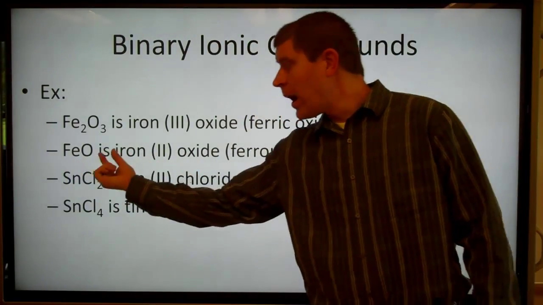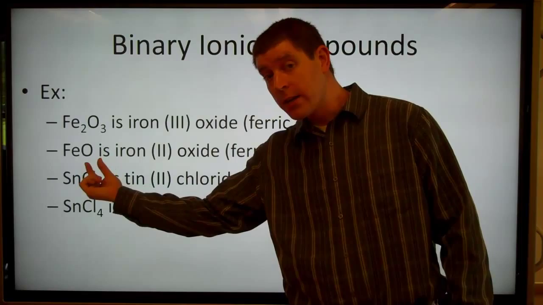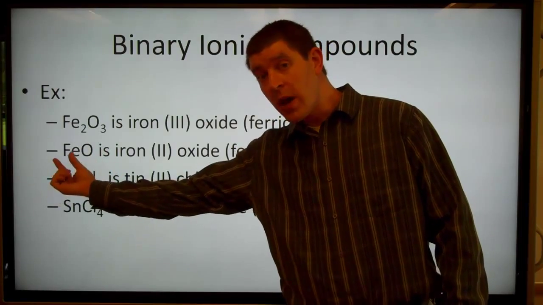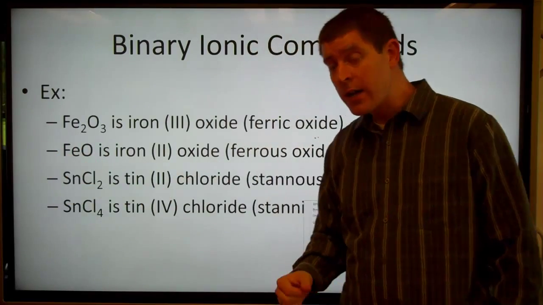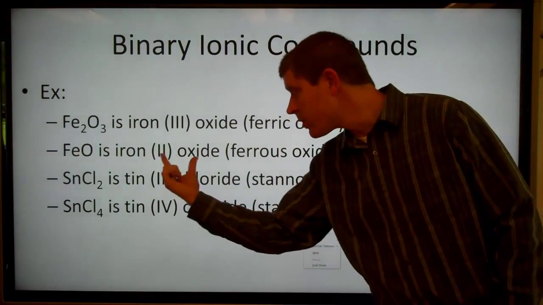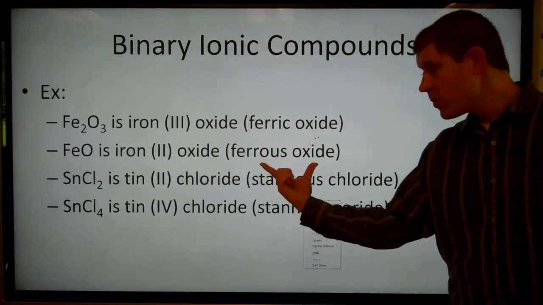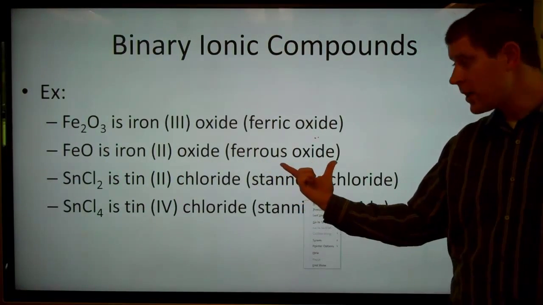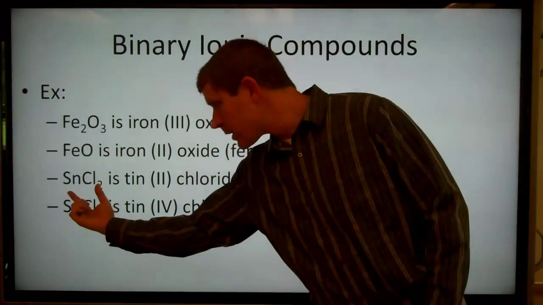FeO, oxygen again, oxide, has a charge of -2. If we only have one of each, that means that the iron has to have a charge of +2. So there we have iron(II) oxide. That would have been called ferrous oxide. If we have some case like this, we have